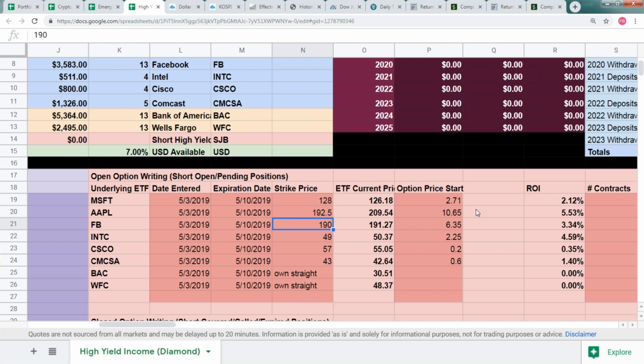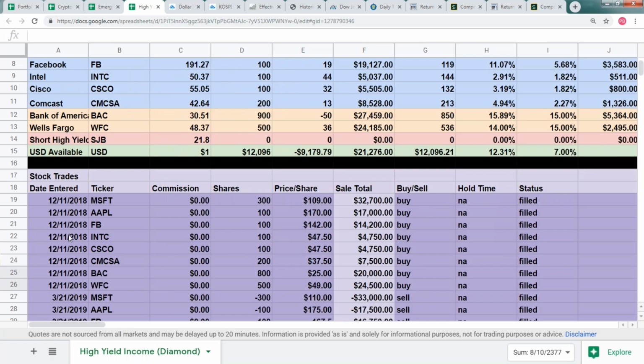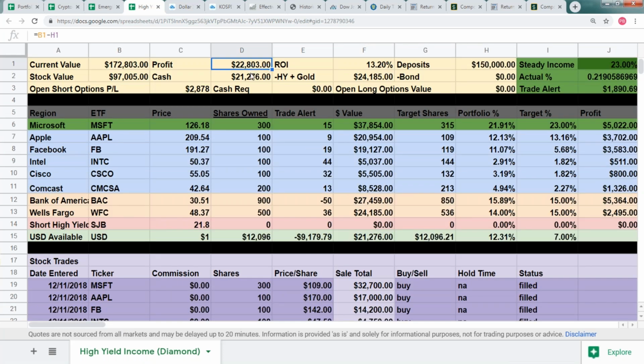The Facebook trade, our strike is right below the current trading price. So that trade's doing very well. And then over here, our strike is a little bit higher. I'll have to check what's happened on Bank of America and Wells Fargo. These are two that we did no covered call on. But as we speak, this portfolio is sitting on a $22,803 profit, starting with $150,000 capital, and it only trades